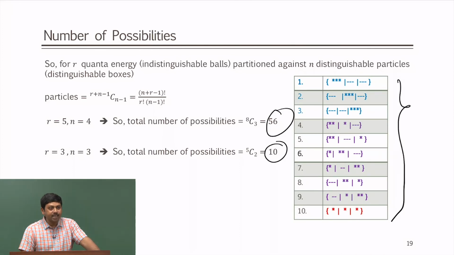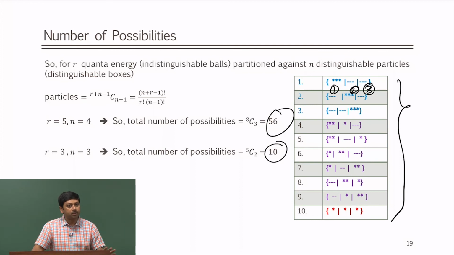Remember, here the particles are indistinguishable, the stars. Here I am talking not about energy units, I am talking about actual particles, actual balls, or you can think of them as energy units, whichever way. And the boxes are distinguishable: 1, 2 and 3, or you can think of them as particles. So, let us say this is particle number 1, this is particle number 2, this is particle number 3, and the stars are energy units, and you see these are the 10 possible ways that you can arrange. These are a total of 10 possibilities, in which however, we have 3 different distributions, and each distribution has different possibilities